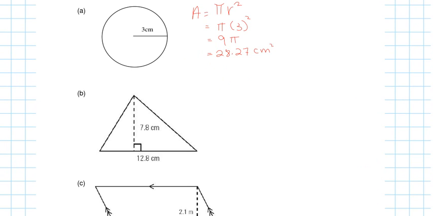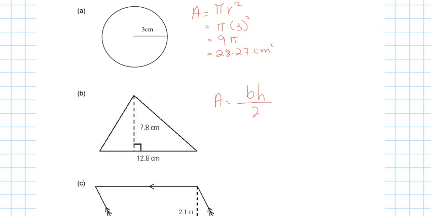So for the second one, we are looking at a triangle. For the area of a triangle, I always recommend that you write down the formula, then plug in the information. You see how I wrote down the general formula first with pi r squared? I recommend that you do that. So the area for the triangle is base times height divided by 2. So you need two things: the base of the triangle and the height of the triangle. The height of the triangle is a perpendicular line that goes down toward your base.